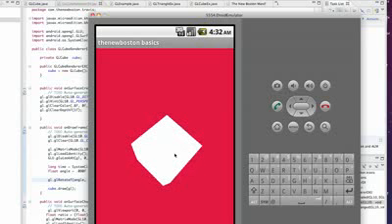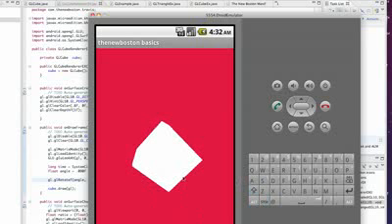I know it went kind of slow, but hopefully you guys understand OpenGL a little bit more, and then we're going to get into texturing that triangle, and then probably something else, and then we're just going to wrap everything up, add some ads to our application, and put it on the marketplace. So that's what you guys have to look forward to,